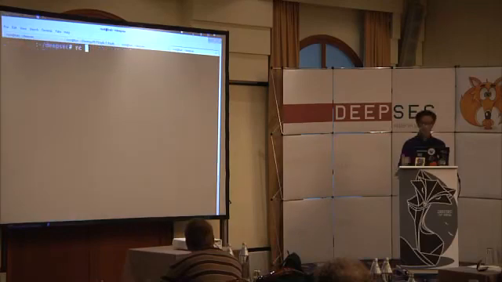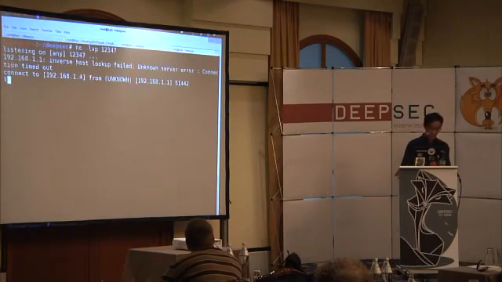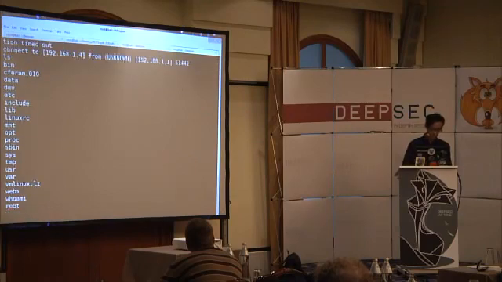So I set the shellcode to connect back to this IP address on port 12347. So I run the exploit, and then shell. So now I have shell and so I'm root. Yep.